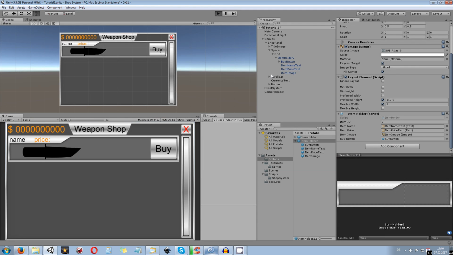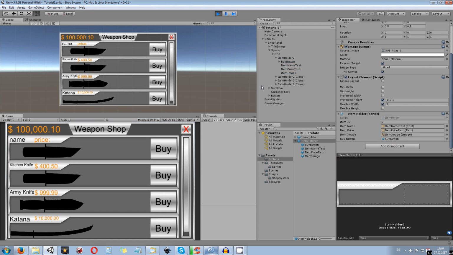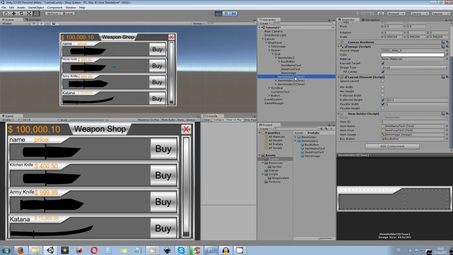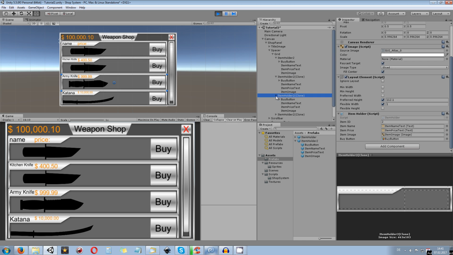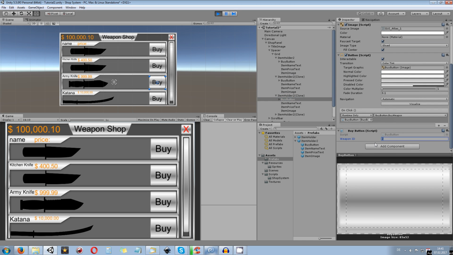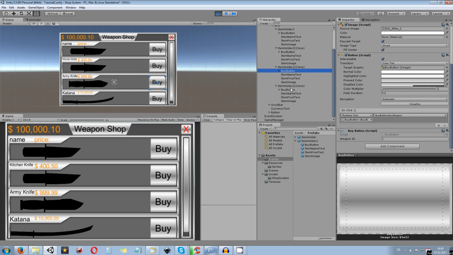And let's see if we are able to replicate, or actually check if everything is in there completely correct. So the first one is just our empty one. The second one, I'm going to scroll down a bit, open this one up and check the buy button itself. When we are scrolling down, you can see it now has the weapon ID 1. If you go to the second one and check the buy button in here, you can see the weapon ID is 2. And of course, in the third one, the buy button is going to be of weapon